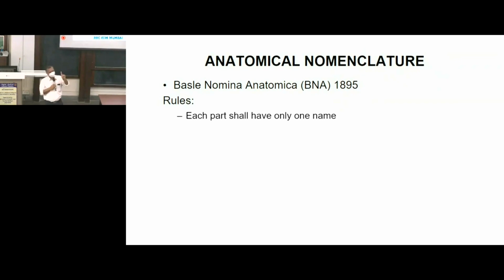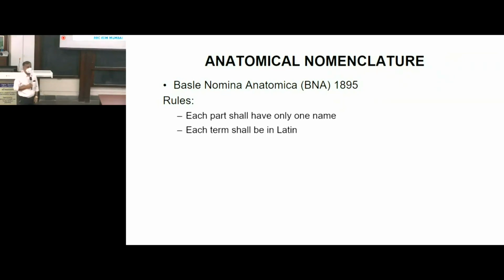Each part shall have only one name. That has to be universal. Today you will call me Praveen, somebody else calls me by another name. Will not know who I am. Otherwise, we have nicknames, we have got pet names, name at home, somebody calling us by a particular name, etc., etc. Nahi chalega. One has to be, passport pe ek hi naam hota hai. Correct? So that's each part shall have only one name. That's the first rule.